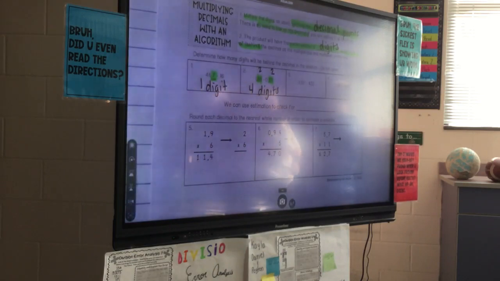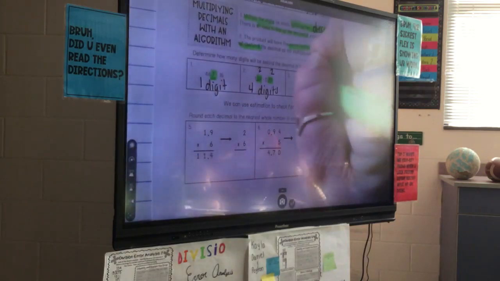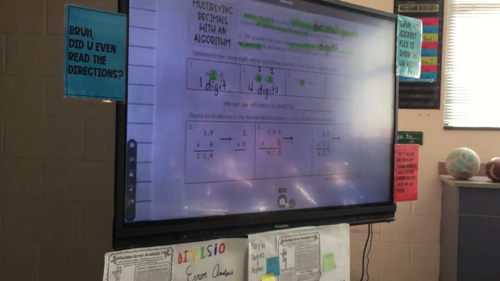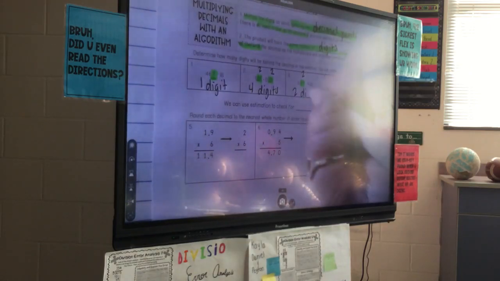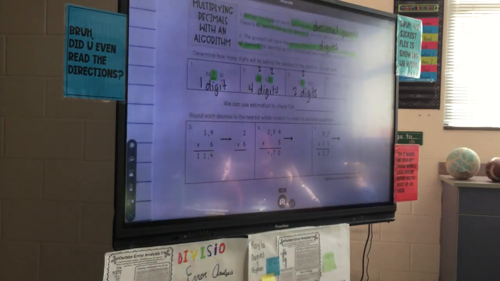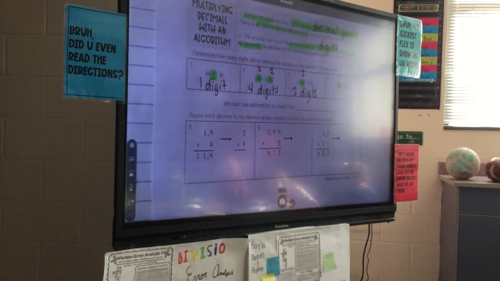All right, so for number 3, how many decimal places do we have in the first number? Drake? 2. All right, what about in the second number? Angel? No. 0. So all together, if we have 2 here, then we have 2 digits. And then the last one, number 4, how many decimal places do we have in the first number? Silas? 1. And then how many digits do we have in the second number? Blake? 2. So all together in that one,